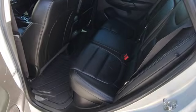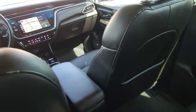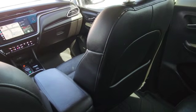Up top, so we have more sun climbing into the Bolt. I just ripped my shorts. Well, anyway,